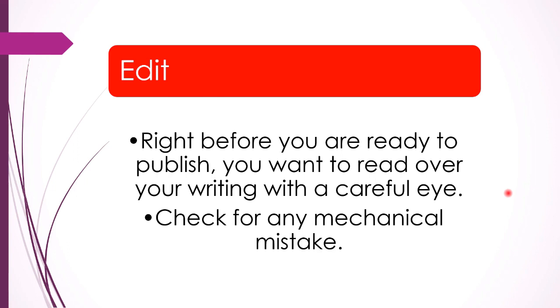What is the next step? The next step is when we edit, and it means that right before you are ready to publish, you want to read over your writing with a careful eye. Check for any mechanical mistakes. What this means is when we criticize our own work, when we check any mistakes such as spelling, verb forms, tenses,